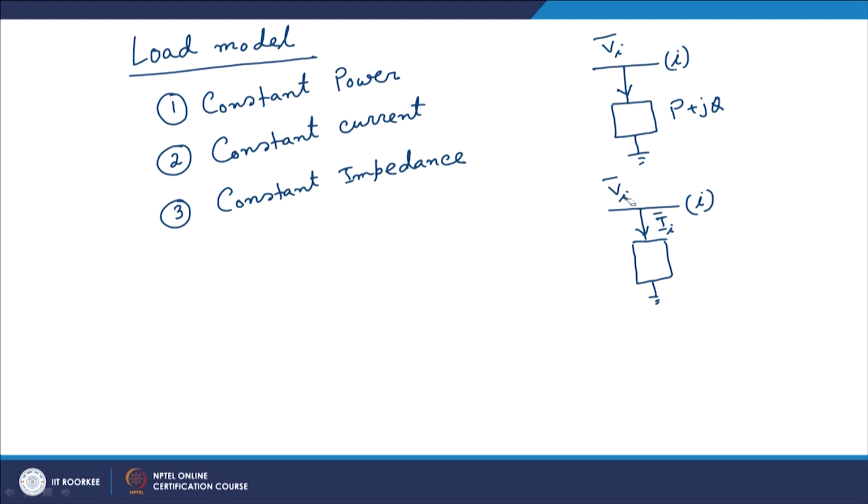Similarly, if the voltage decreases, the load reduces its own internal impedance such that the current remains constant. So, it is also kind of a variable impedance load, and the constant impedance is the easiest to understand. So, this is constant power